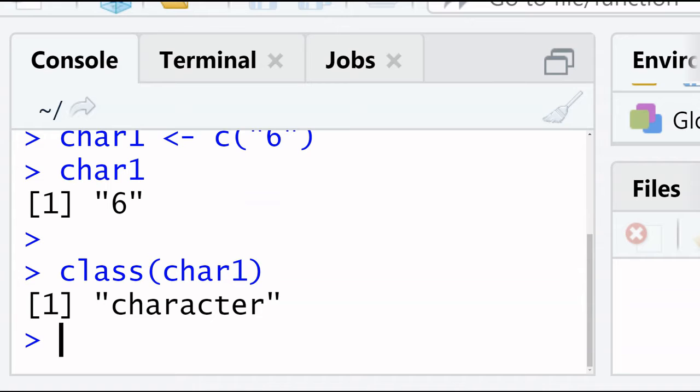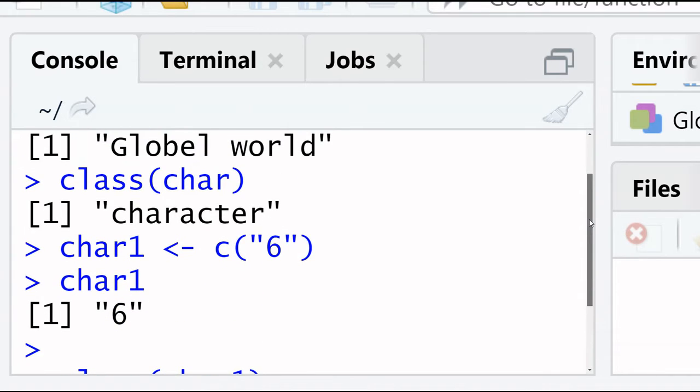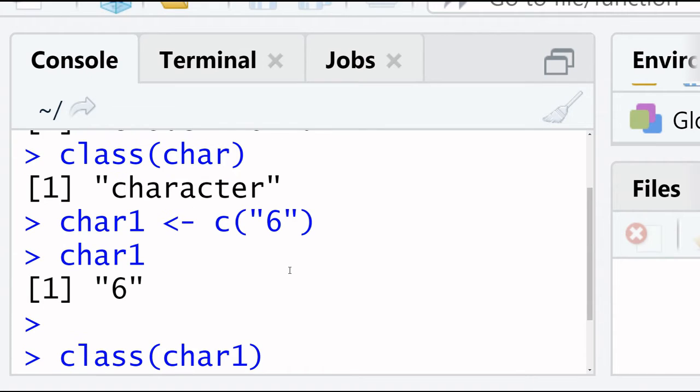This is character. So as you can see, 6 is a numeric value, but it is in inverted commas, so R assumes this as character. Everything which is in inverted commas, either text or numeric, R considers it as character.